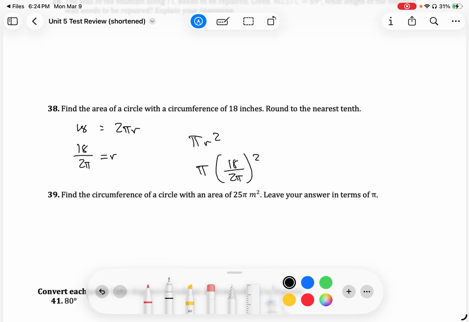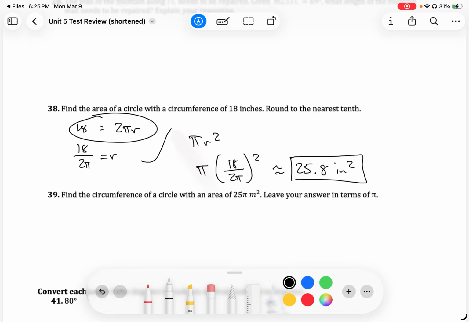It says round to the nearest tenth. So I'm going to take 18 divided by 2, I get 9, divide it by pi, I get 2.86, then I'm going to square that, and then multiply by pi again, and I should get about 25.8 square inches. So I use the formula for circumference to find my radius. Once I have my radius, I just plug it into